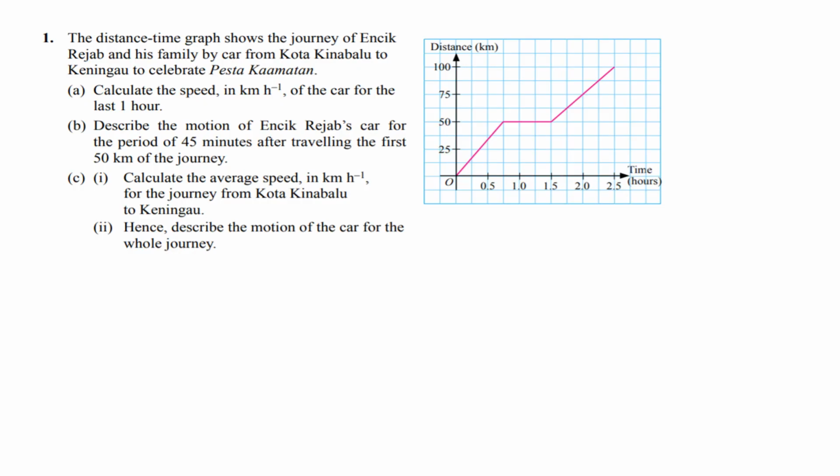So this one, you read the question carefully. The distance graph shows the journey of Rajab's family from Kota Kinabalu to Keningau. Wow, Keningau is in the textbook, famous. To celebrate Pesta Ramadan. So the first question is, calculate the speed in kilometer per hour of the car for